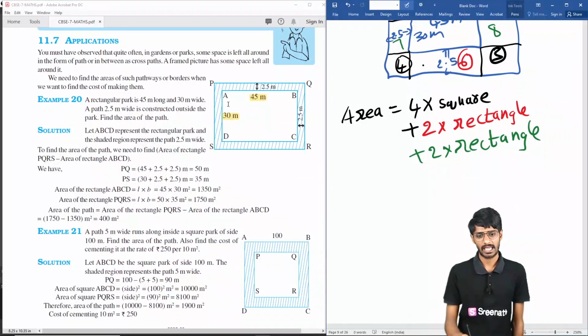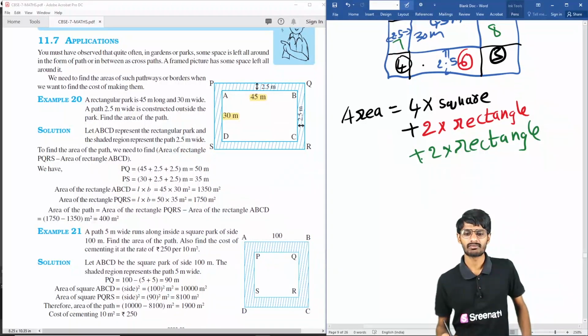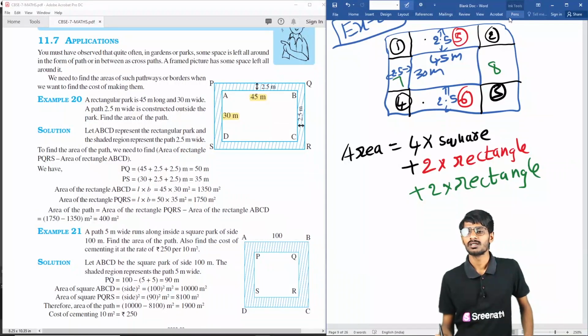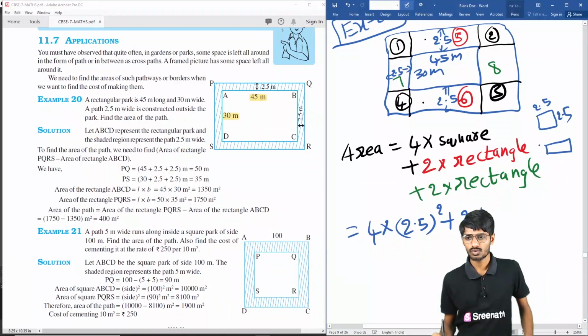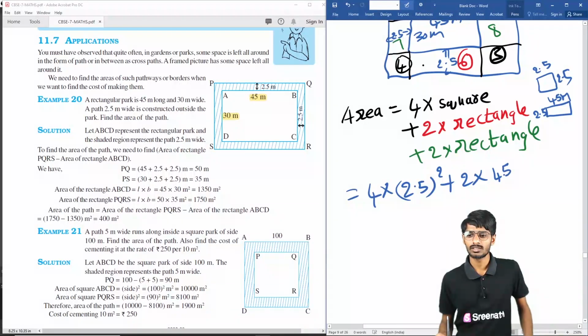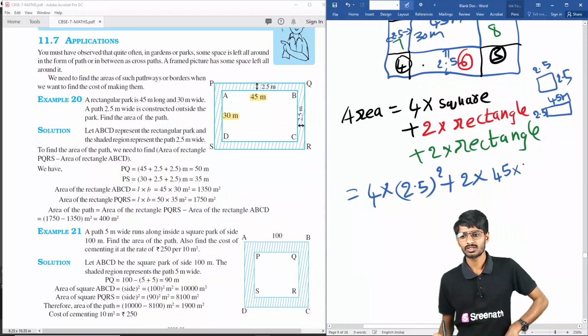Here they have given the names and used the names. They have solved it in a different way. I will help you to crack it like this. It will be easy for you. So now it is equal to 4 into the area of this square. For this square, whose length is 2.5 and whose breadth is 2.5, the area of a square is side square. So 2.5 square, plus 2 into the area of this rectangle. This rectangle's length is 45 meters and its breadth is 2.5 meters. So the area of the rectangle is 45 into 2.5,